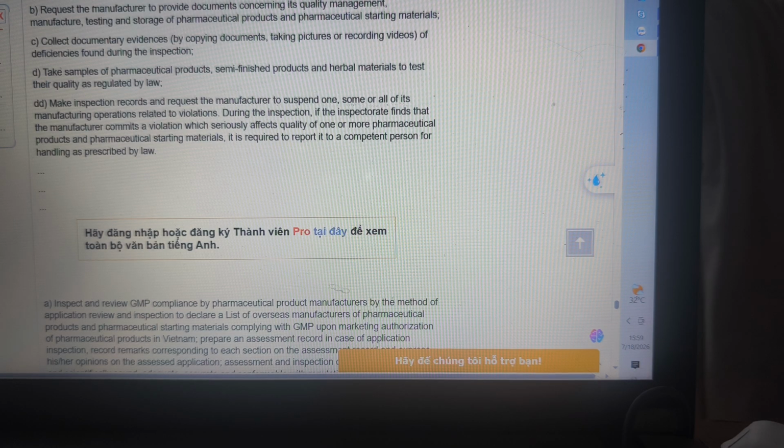Collect documentary evidence by copying documents, taking pictures, or recording video of the deficiencies found during the inspection. Test samples of the pharmaceutical products, semi-finished products, and herbal materials to test their quality as regulated by law, make an inspection record, and, if required, request the manufacturers to suspend